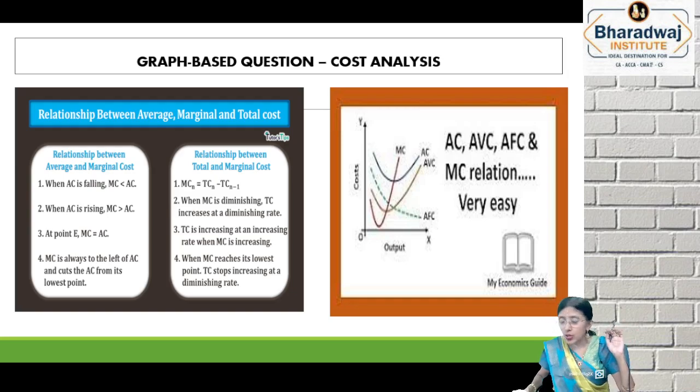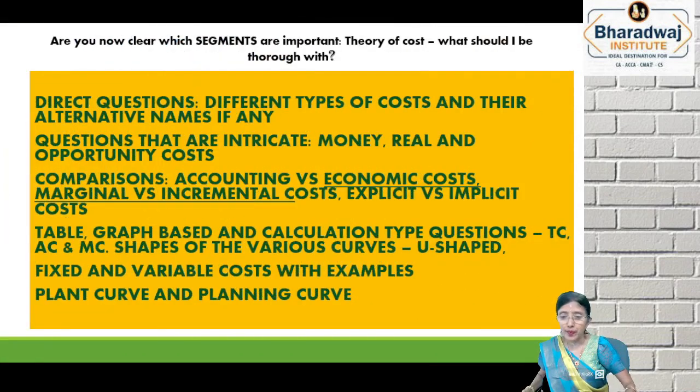Is that clear? We have seen this even in cost, revenue, production, utility. Isn't it in utility what we saw? When TU is maximum, MU is 0, isn't it? And when MU becomes negative, TU declines. You remember that? So as simple as that. Okay. Now,